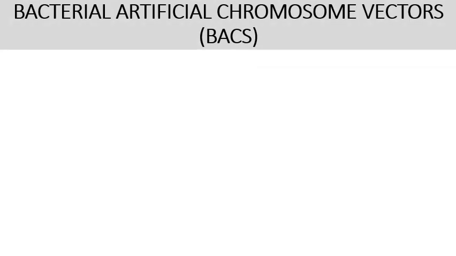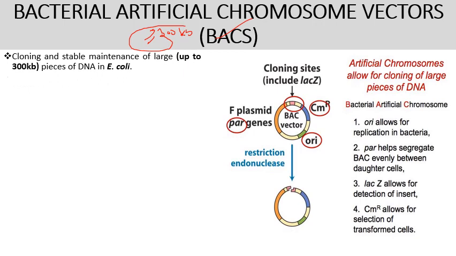The next cloning vectors which are used in case of bacteria are bacterial artificial chromosome vectors, BACs. So they can carry a DNA insert size of up to 300 or less than 300 kilobases. तो इतने साइज का फॉरेन डीएनए कैरी कर सकता है. And this vector was developed for cloning and stable maintenance of large DNA fragment that is up to 300 kilobases of DNA in E. coli. तो इतने insert size का DNA ये E. coli के अंदर cloning कर सकता है,